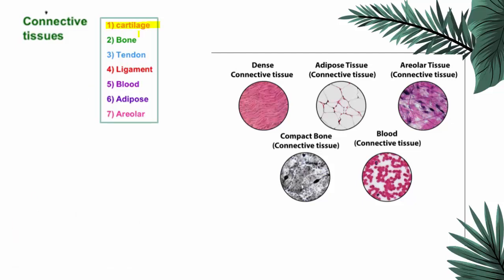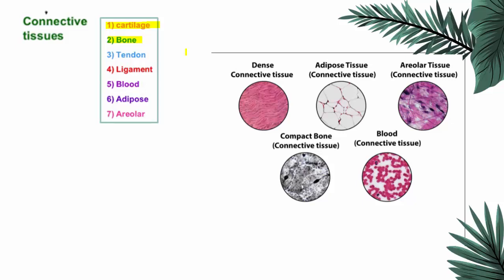Cartilage and bone, both of them are forming the skeletal system. In the case of fishes, the entire skeletal system is made up of cartilage, and in our body the skeletal system is made up of bones. If the skeletal system is made up of cartilage, the fishes are called chondrichthyes. Chondrion means cartilage. If the skeletal system is made up of bone, of course the fishes have a bony skeletal system, they are called osteichthyes. These two are the components of the skeletal system.